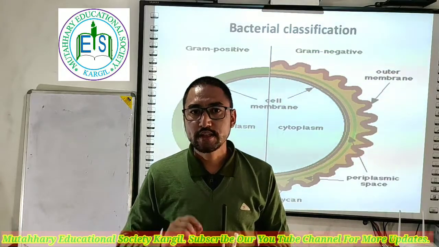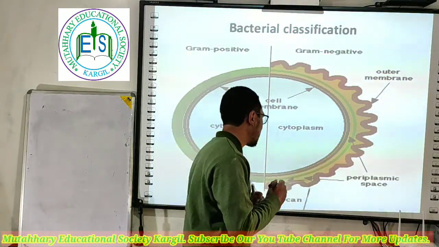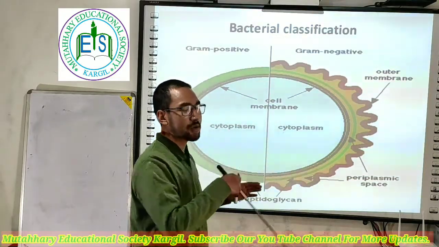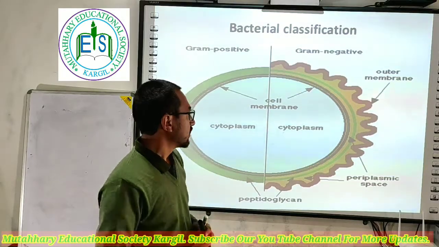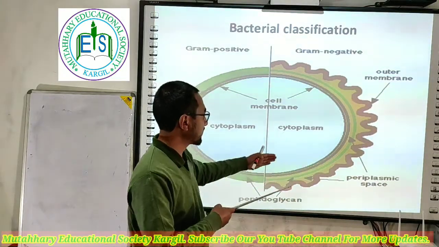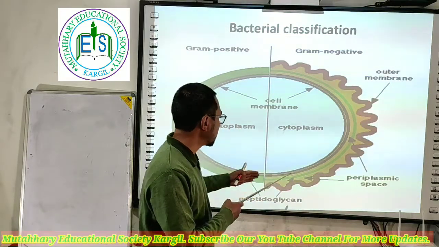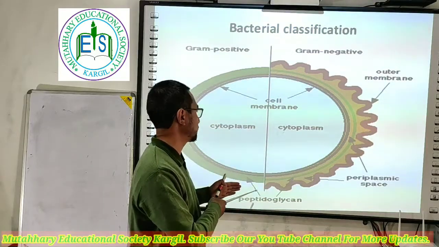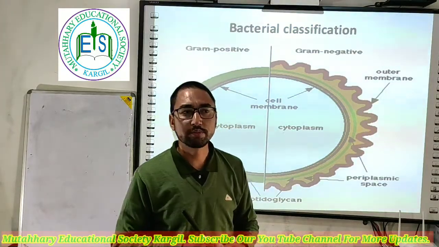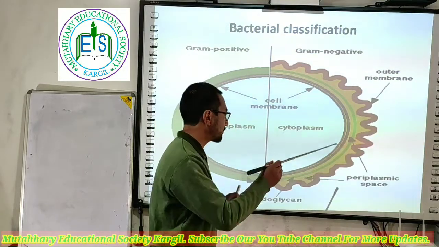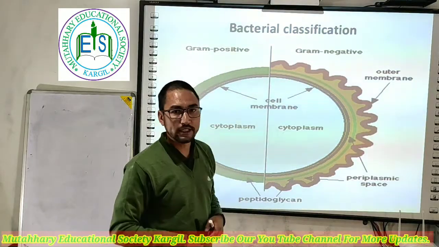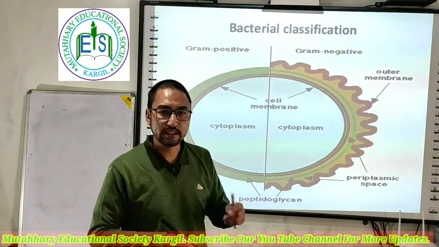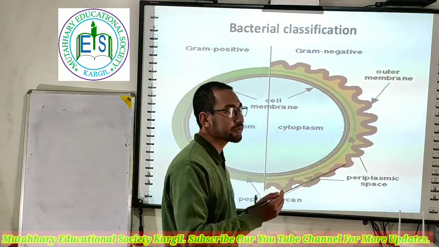In addition to this, over the peptidoglycan there is again a lipopolysaccharide layer. Fine. And this inner side is your membrane, that is your bilipid layer, and over that you have a periplasmic space, and then you have the peptidoglycan, and finally you have the outer membrane, that is your lipopolysaccharide. So this lipopolysaccharide is again a characteristic feature of gram-negative cells, and there is a lack of a large amount of peptidoglycan layer. It's again a feature of gram-negative cells.